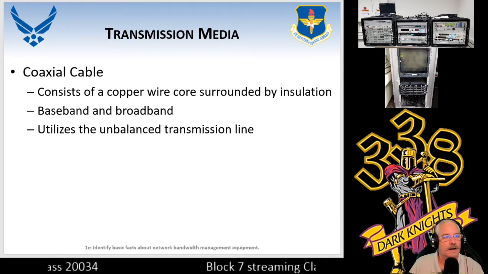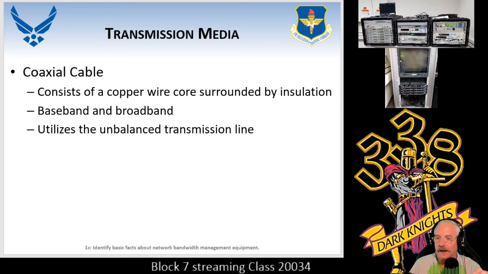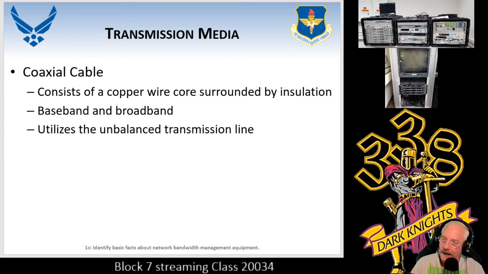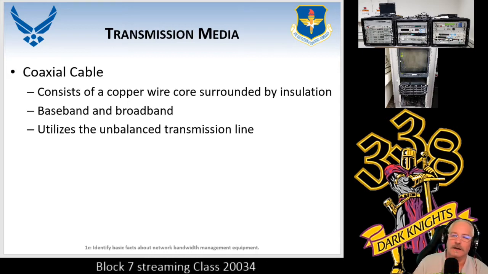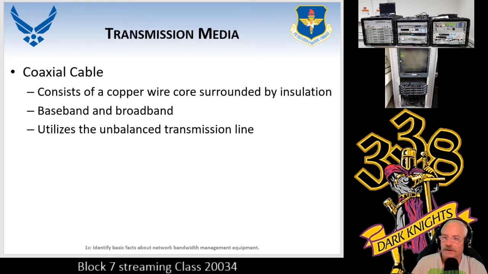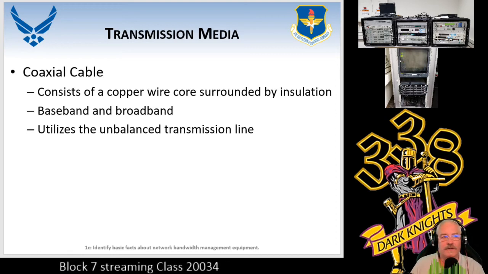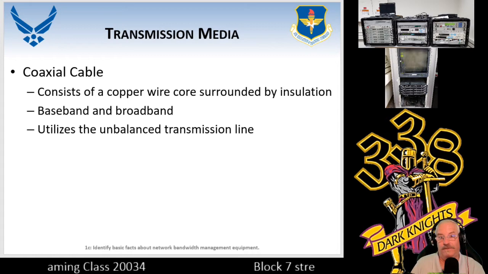Next up, we have coax cable. This one, the thicker the cable, or the thicker that center pin is, the conductor, the better it's going to handle the traffic on it. Also, RG6 comes in a couple different flavors. You can have what's called a dual shield or a triple shield, and in some cases a quad shield. What does that mean? A quad shield is 4 different shields on the outer coat of it